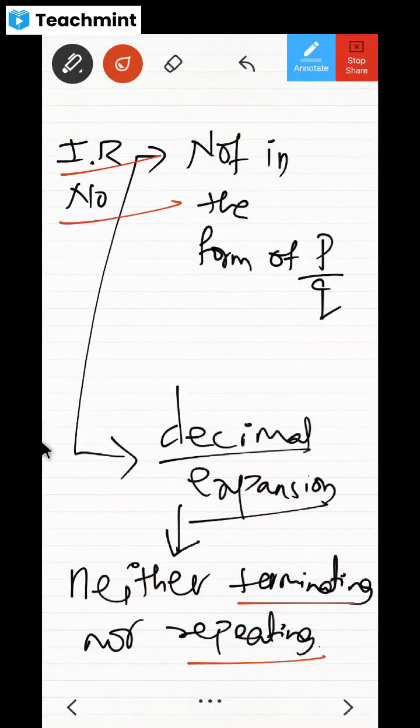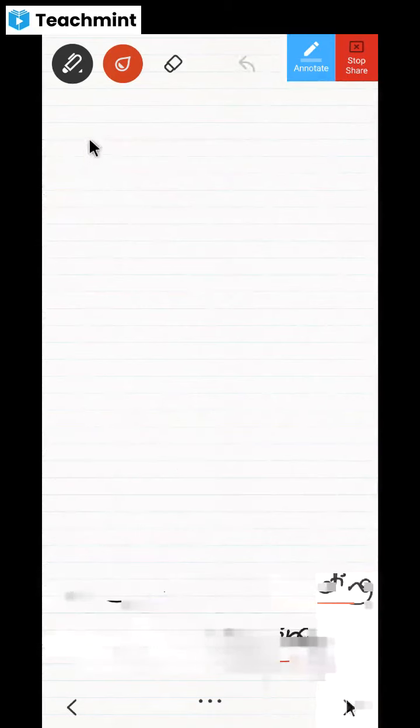Sir. Okay. Yes or no? Tell me. Clear or not? Okay. Yes, sir. Fine. Now, these rational numbers